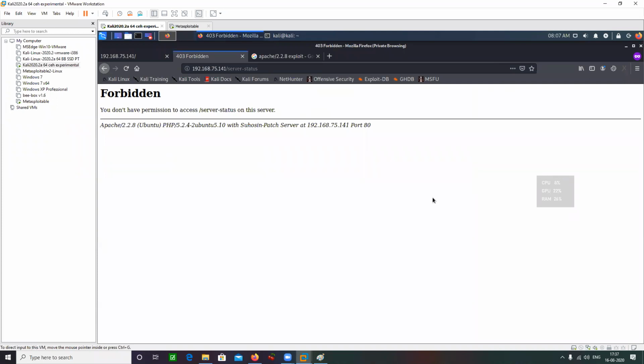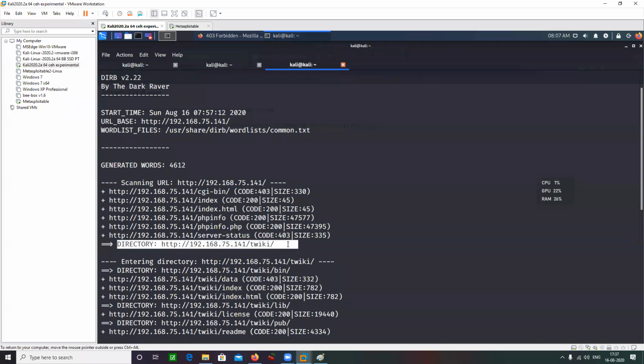Permission denied. Question: are logs made on this server during a brute force? That depends, right? In this case, we do not have any defensive mechanism in place. But most of the time, logs are going to be generated. Coming back to my point, it says a directory has been found.